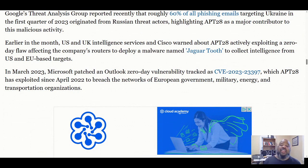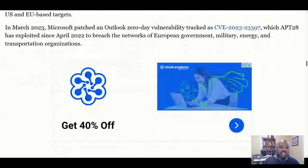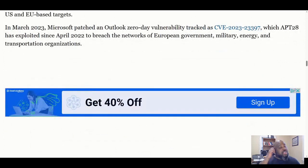Sooner or later, right? In March 2023, Microsoft patched the Outlook zero-day vulnerability, CVE-2023-23397, which APT28 exploited since April 2022 to breach the networks of European government, military, energy, and transportation, right? So there was a zero-day, almost a year that it was out there, where Russia was taking advantage of European